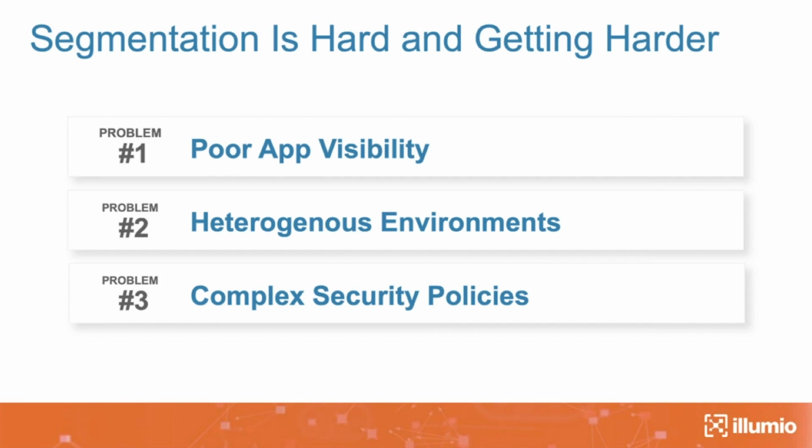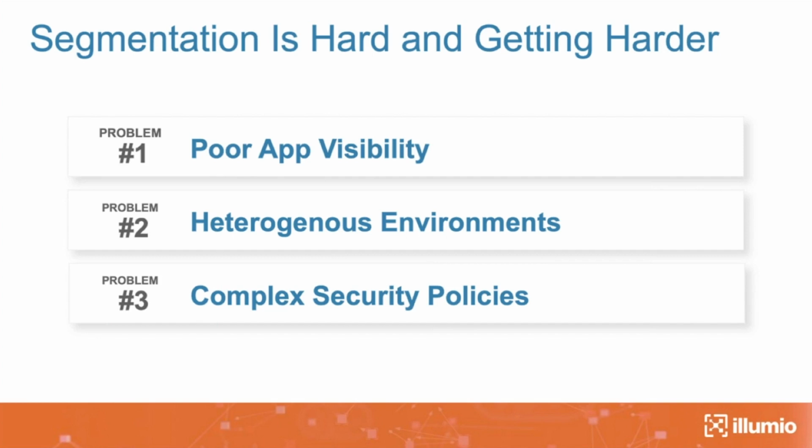And the third problem that people face is basically complex security policies. The policies have gotten more and more complex because now you have all of these different applications that may be on-prem, in the cloud, or using services that now need to talk to each other, because applications need to talk to each other. They don't remain on an island, right? That's how business works. So now you need to devise policies, and they sometimes become fairly complex when you are doing it with the traditional mechanisms, and we'll expand on that.